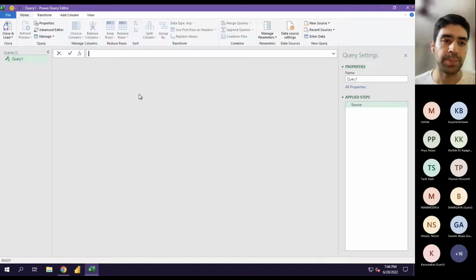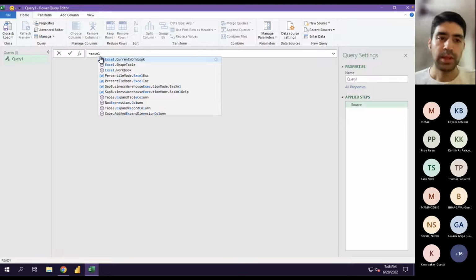When we get into the Query Editor, you'll notice most of it is blank, and that's because we clicked on From Blank Query. What I want to do is combine all the 4 sheets that I had. It's very, very simple. Just in this formula bar that will open up, type in equal to